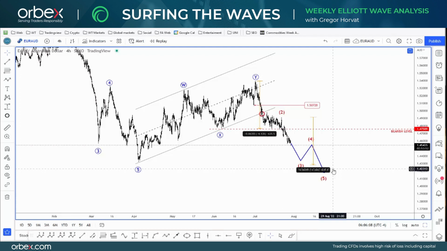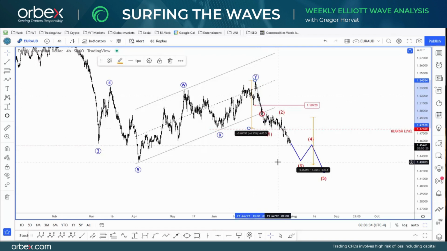We have also got the CPI figures from Australia this week. There was inflation, obviously still there, but not as much as expected. They expected 6.2 on a yearly basis. I think it was 6.1. The RBA also mentioned that they will be watching this data for the next rate decision. Since the inflation is still here, I think that they will remain hawkish, and this is a driver for Aussie strength.